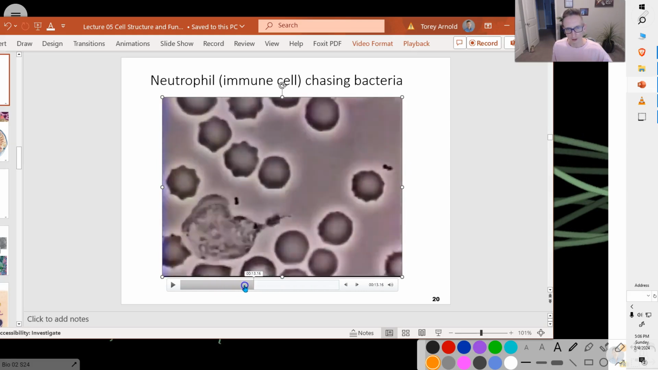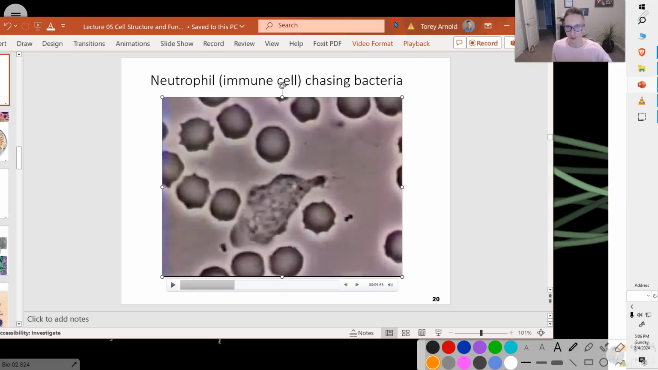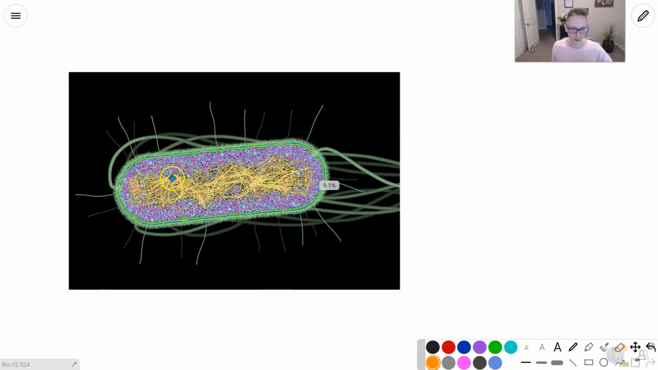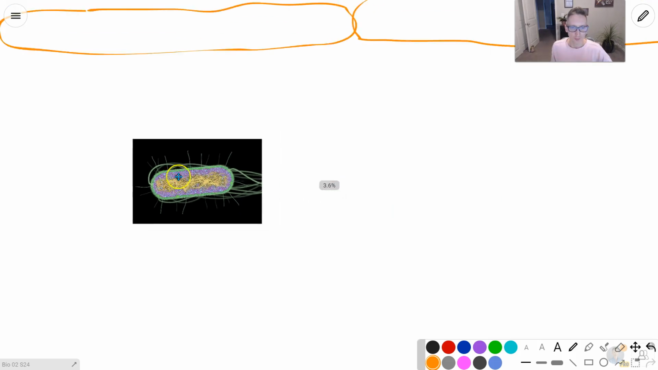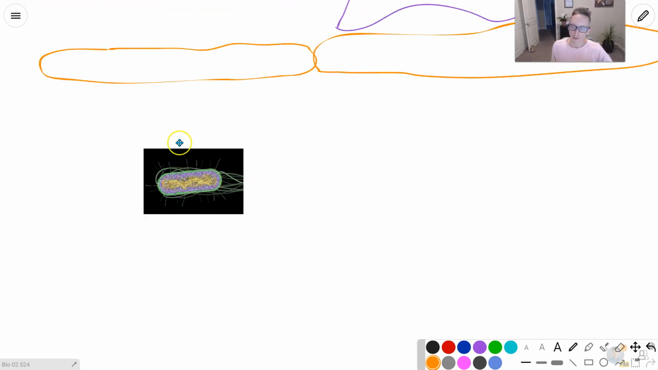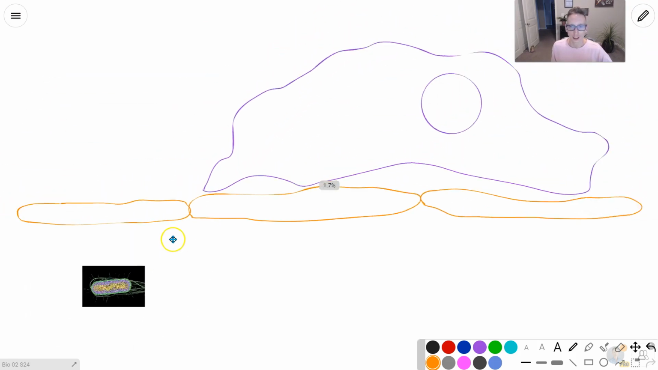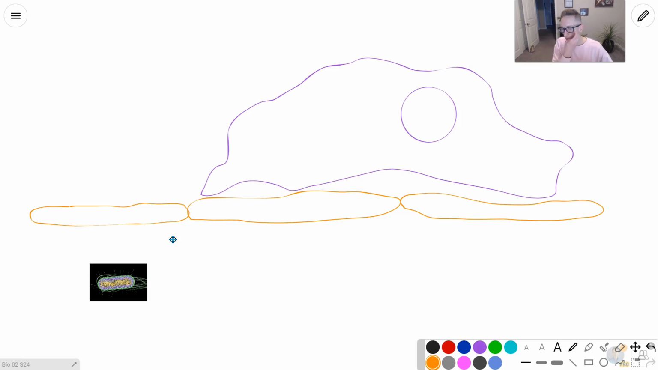Pretty wild. Okay, so if a bacteria is in the bloodstream, a neutrophil can just find it. A white blood cell can just find it. But let's say the bacteria is outside of the bloodstream, like it's right underneath the skin. Well, then the neutrophil has a bit of a problem. And we're going to walk through cell biology and the function of a cell based on this problem of how does the neutrophil, so this would be the white blood cell, this is the white blood cell,